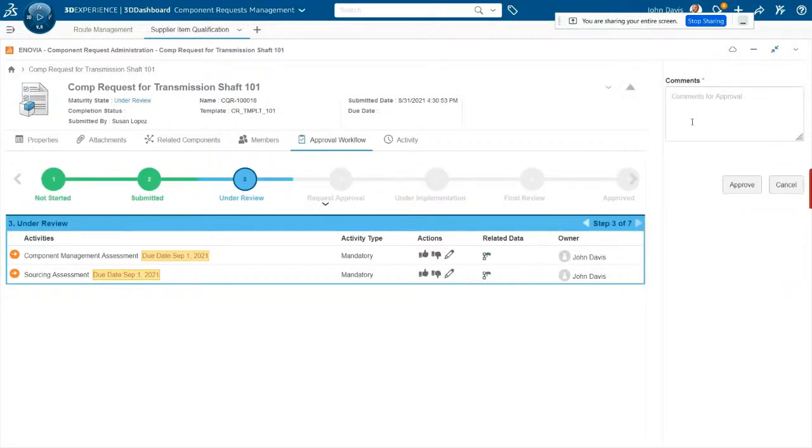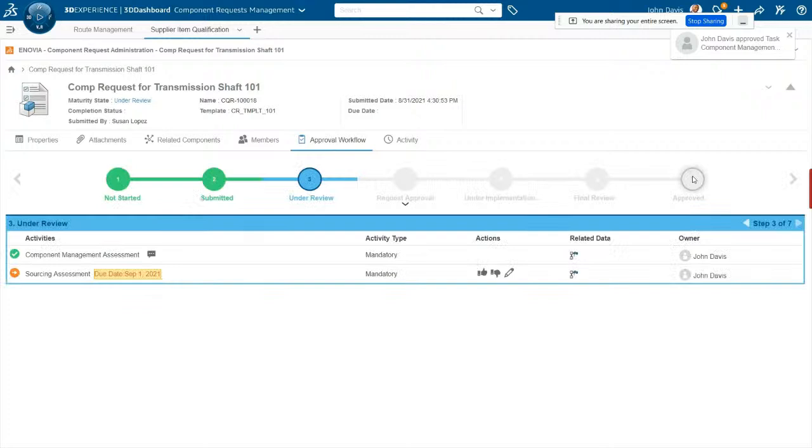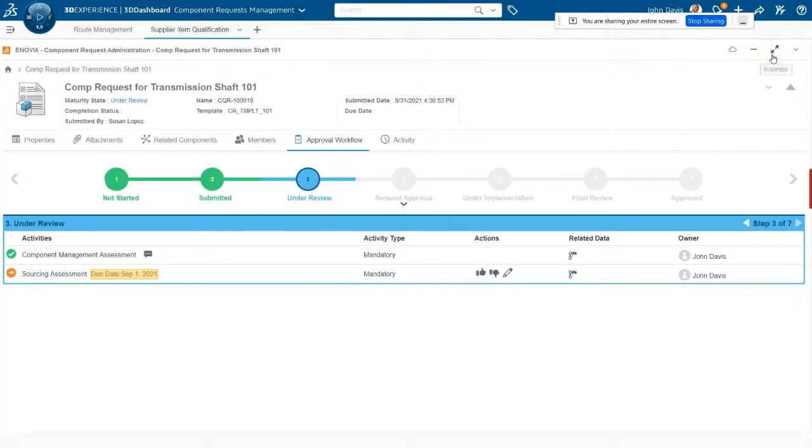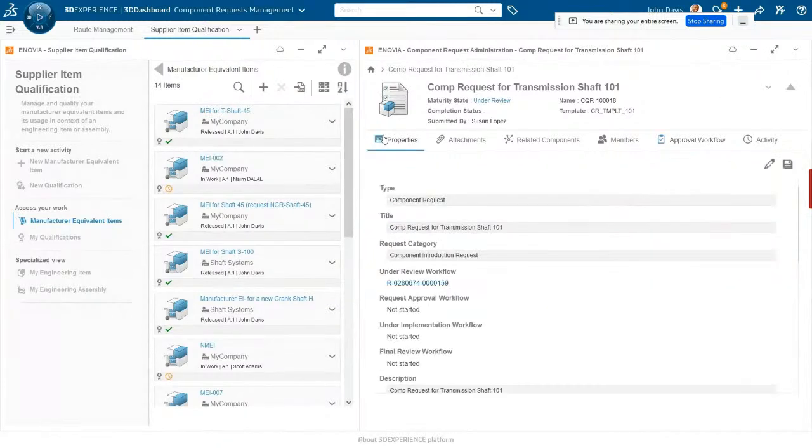And let's assume this step has been done, and we can now explain that, okay, there was a communication and the component was not found in the organization. So we need to work on it, communicate with external suppliers, and make this assessment. So at this moment, once this communication has been done, I will be able now to create the manufacturer equivalent